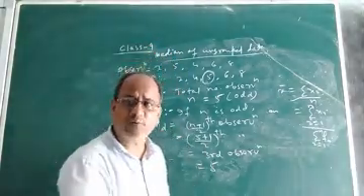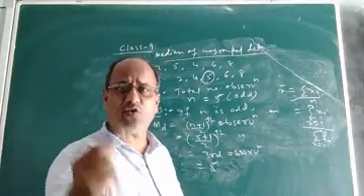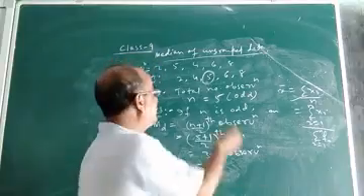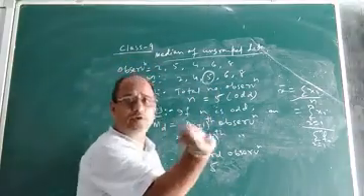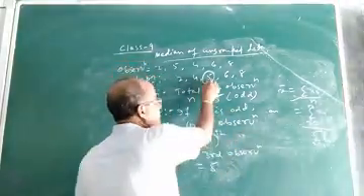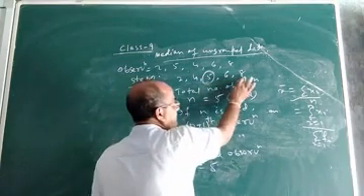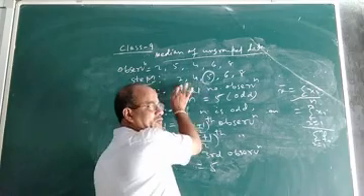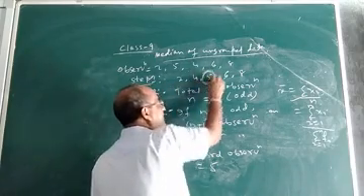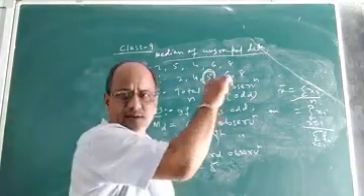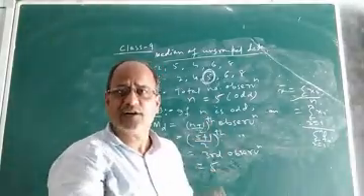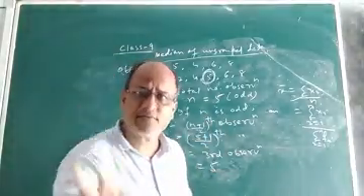It is that value of the ungrouped data or ungrouped distribution which divides the distribution into two equal halves. That means below 5, look at, below 5, how many scores are there? 2. And above 5, how many scores are there? 2. That means this representative score 5 divides the entire distribution into 2 equal halves or parts.